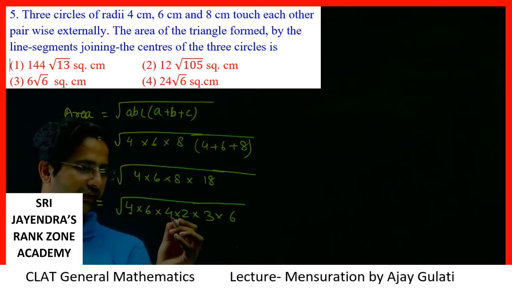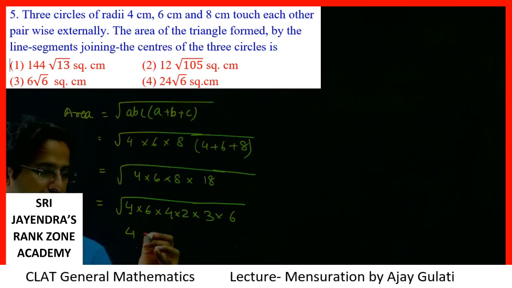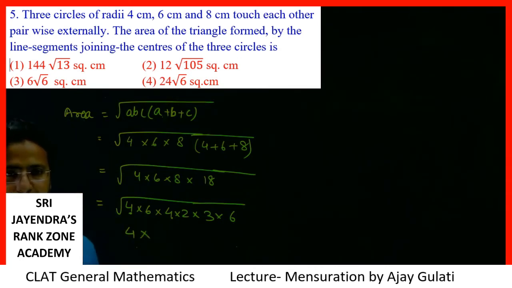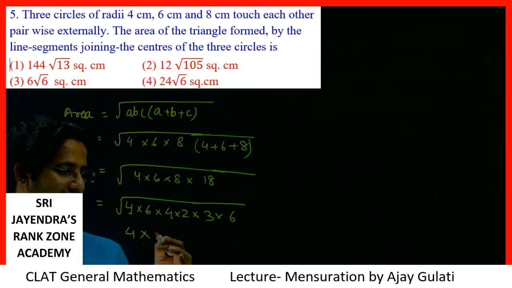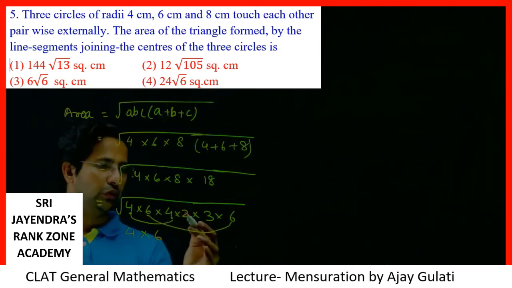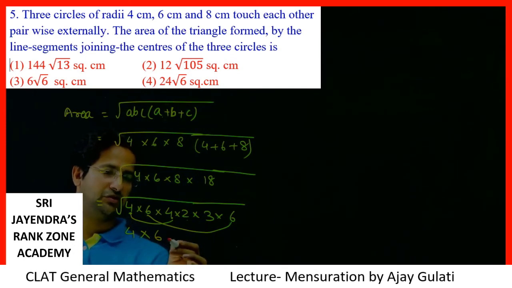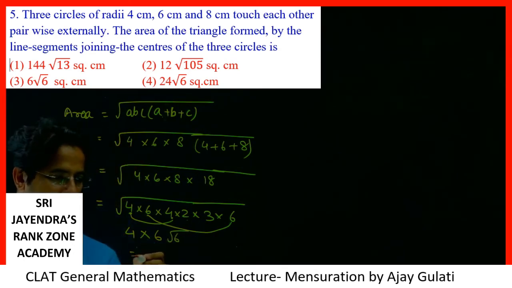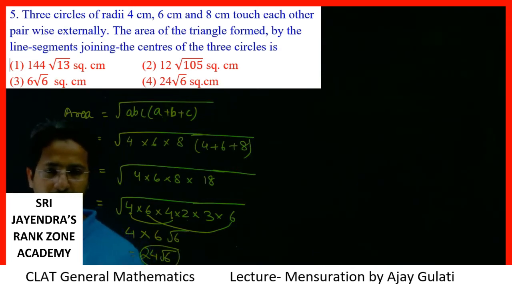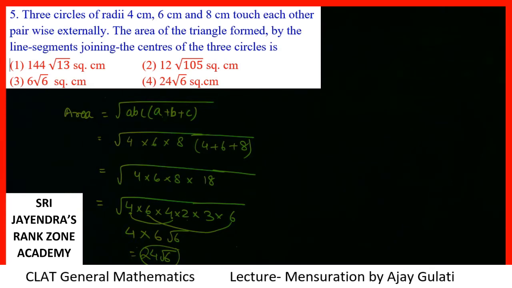What I can take out: these two pairs of 4s will come out as one 4. Next, this 6 with this 6, one 6. Lastly, we have taken this 4, we have taken this 6 also. What I am left with is 1 6. Okay, so I write this as under root 6, or I can say 24 root 6. This is your answer, dear students. I hope you got it. It must be clear to all of you.